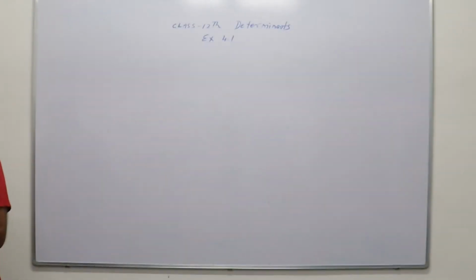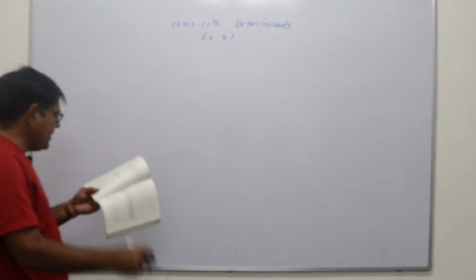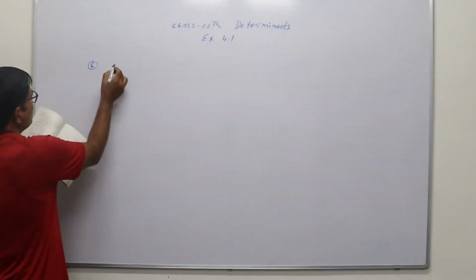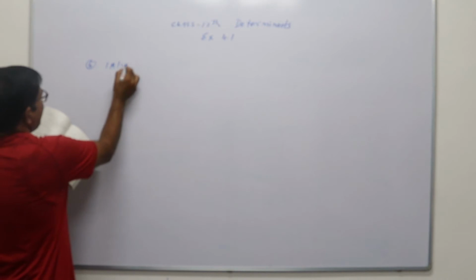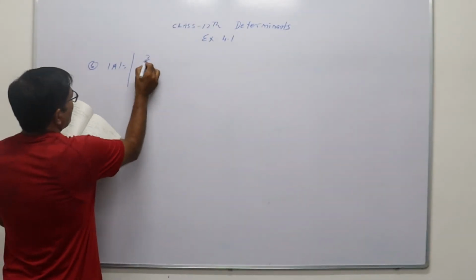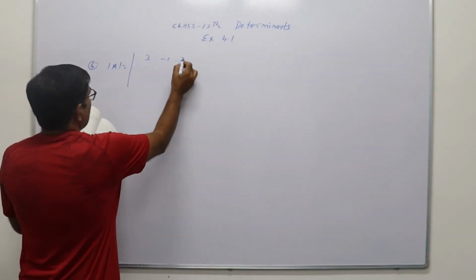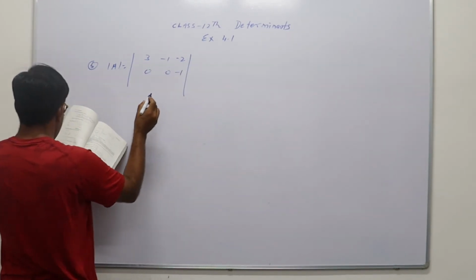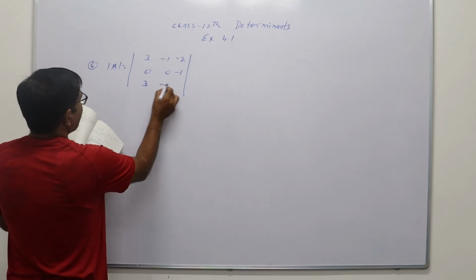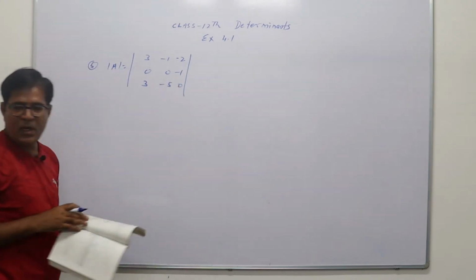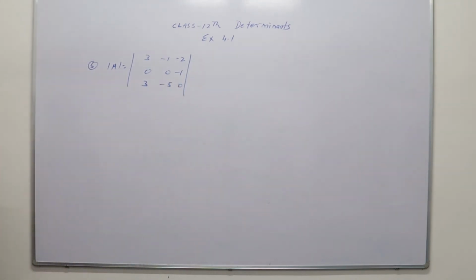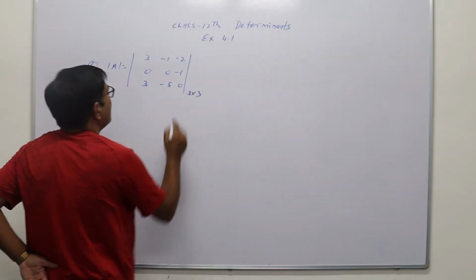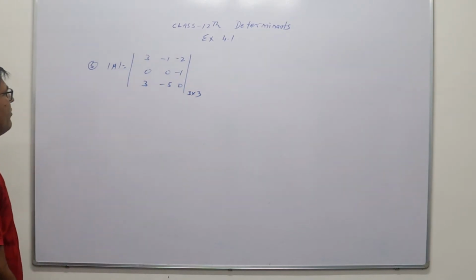Now question number 5, evaluate the determinant. Let determinant A be equal to the determinant of 3 minus 1 minus 2, 0 0 minus 1, 3 minus 5 0. We have to find the determinant of order 3 cross 3. So first of all, we will observe